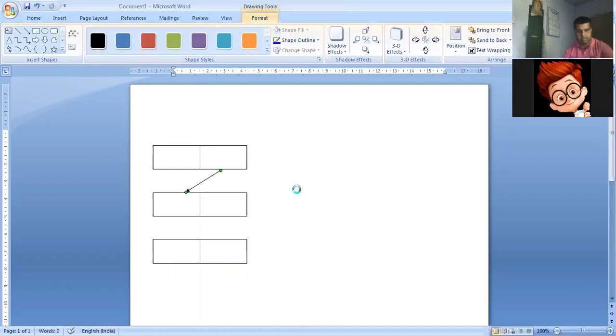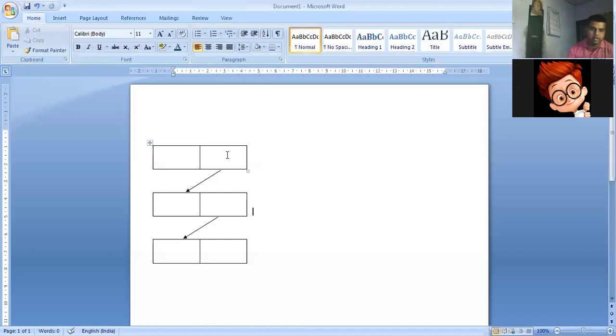Okay, and if I continue this, then this is what your singly linked list looks like. That means every memory address is connected with the value which is present in the very next node.